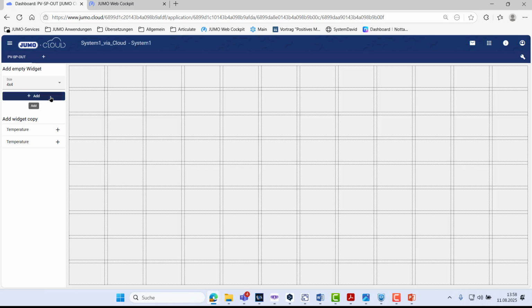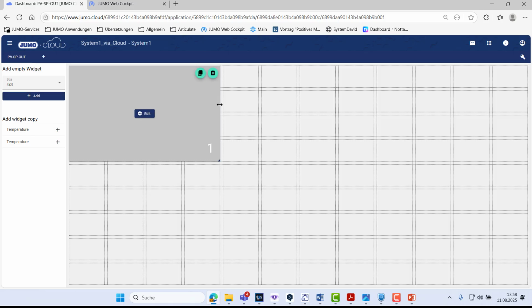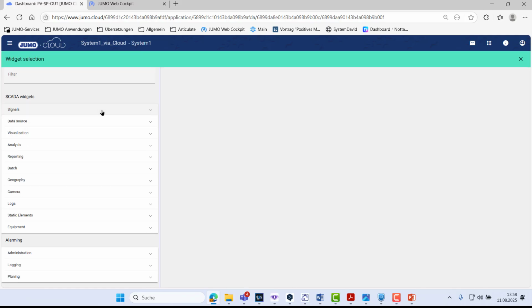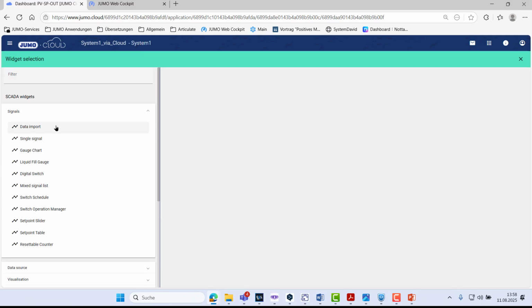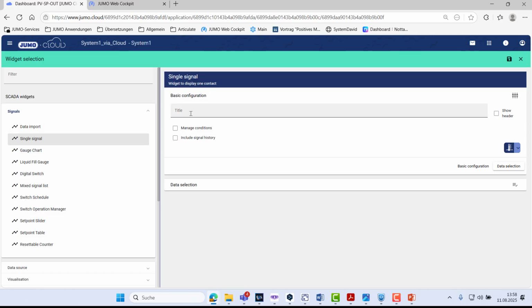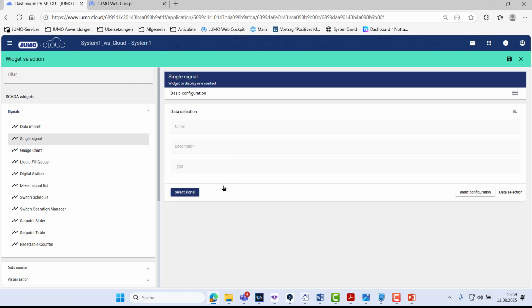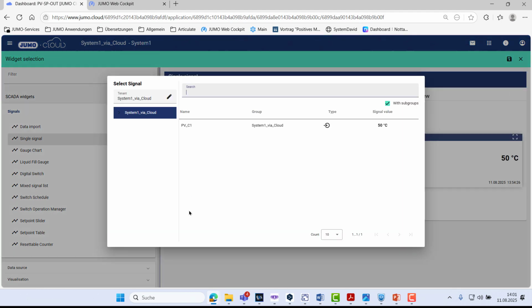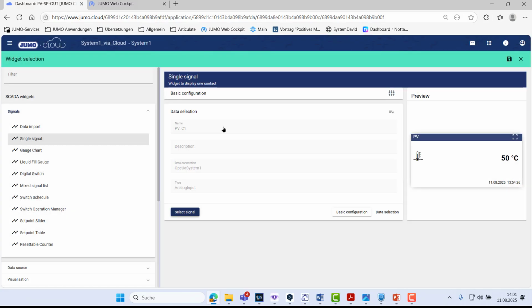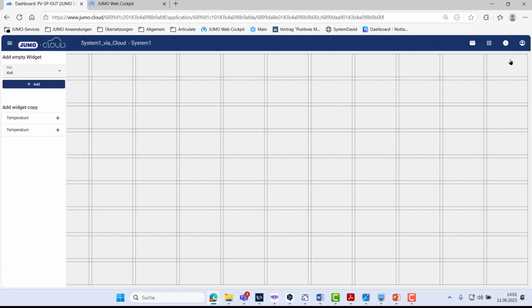I create a new widget and determine its size. I edit the widget. The actual value is a single signal. I name the widget. The header of the widget should also be displayed. I select the actual value as the signal to be displayed. Then I save the widget and finally the entire dashboard.